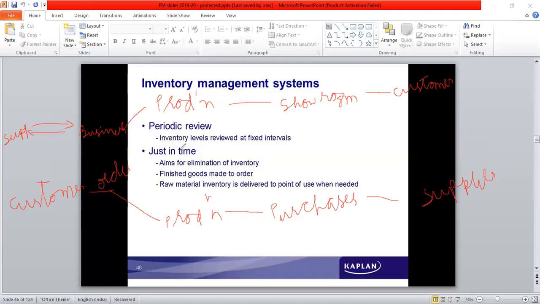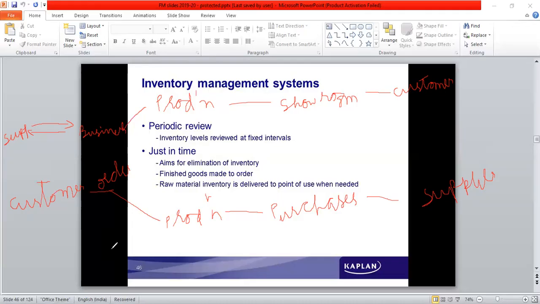So that's the JIT system. So what is happening when they take up the production right at the time? To meet the production requirement, they're purchasing material right at the time. So immediately they purchase it from the suppliers, convert the raw material into finished goods, and sell these finished goods to the customer. So there is no time period wherein the cash is blocked in the inventory or any other asset. Everything gets completed instantly, quickly, and then they don't have to invest any amount and pay cost of capital. So that is the advantage of JIT system.